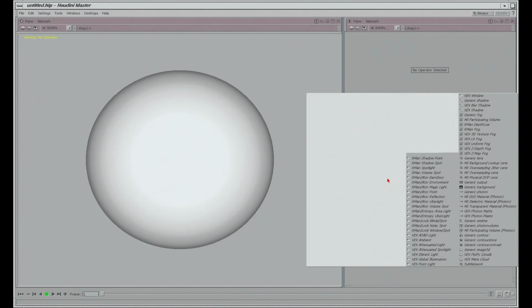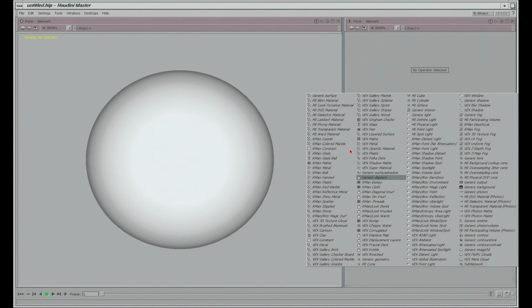And usually what I do when I'm using Mantra is there's this whole list of shaders here. There's like RenderMan, which I hope I can get RenderMan running in Houdini. That'll be a lot of fun to play with the displacement things in here. A lot of the tricks you can do in Houdini work very well with RenderMan. But what we're going to do first is we're just going to do